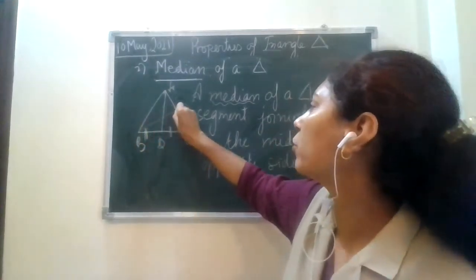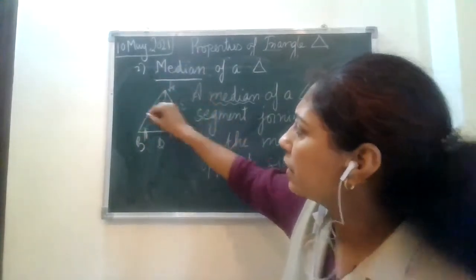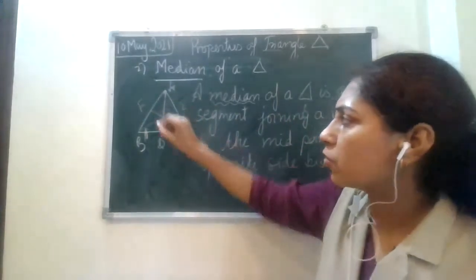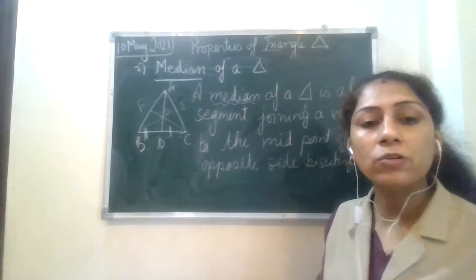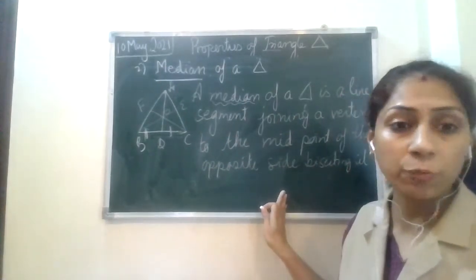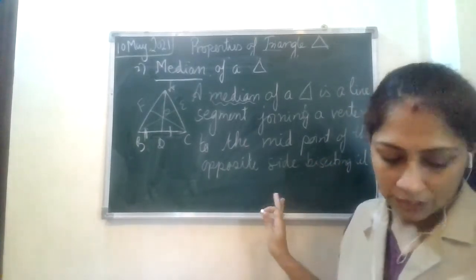You can draw a median from here also. I'm drawing from here also, and from here also. So it's going to connect E and F like that. And this is your center O. There are many other properties attached to it, but for class 7 this much is enough because you're just being introduced to the term. I don't want to explore much. That will come in your higher classes. But remember its meaning.